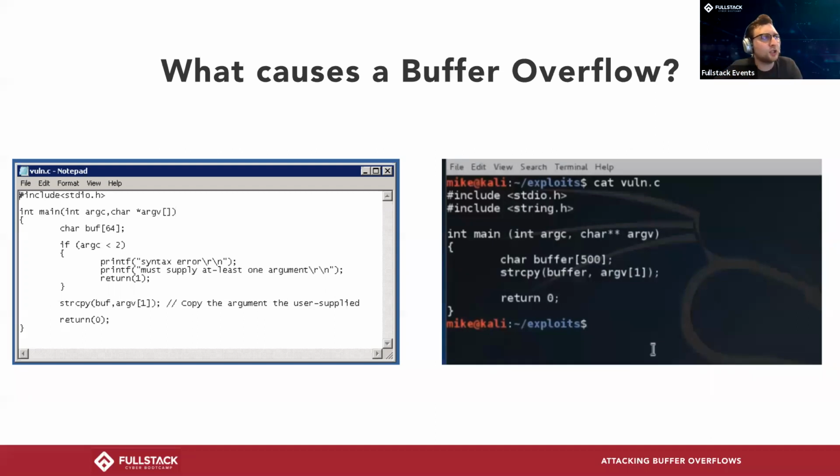Then you see this thing called char buff[64], which basically says define in memory a thing called buff. That is a buffer of 64 bytes in length. So define a place in memory of 64 bytes in length. Make sense? Then this application checks to make sure that there has been an argument provided to this application at